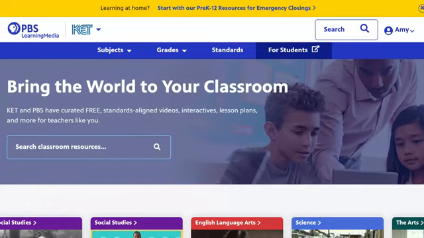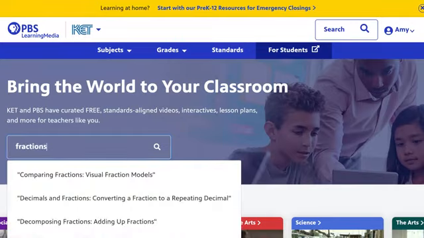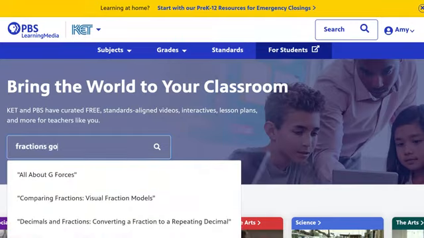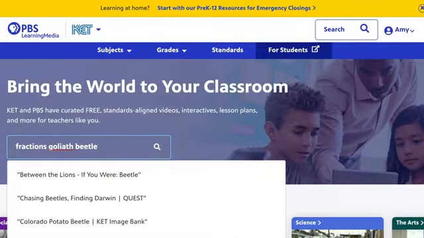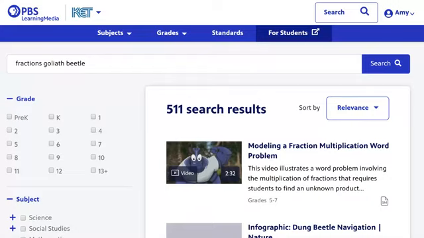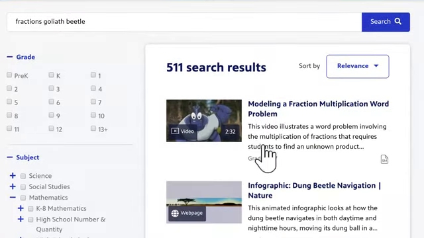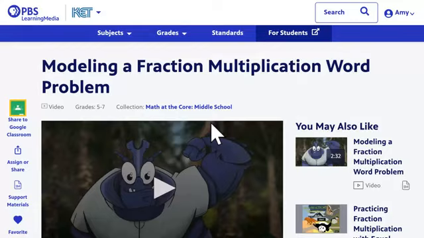So I'm going to type in fractions, Goliath beetle. And this is one of my favorite resources. It's called Modeling Fractions, Multiplying Word Problem. And so I'm going to show you this quick little video here.